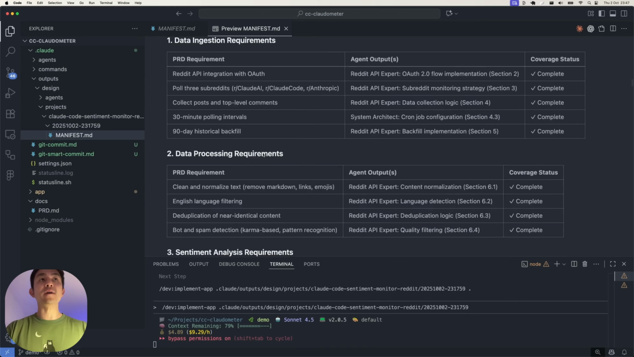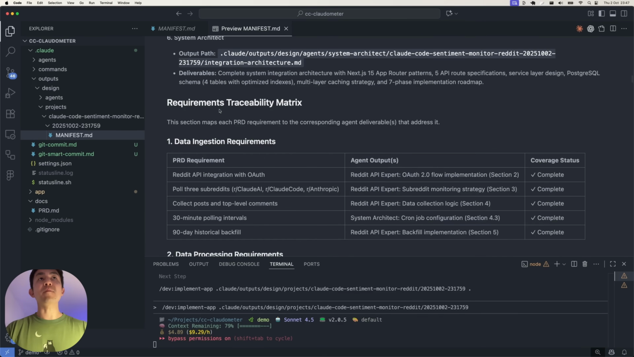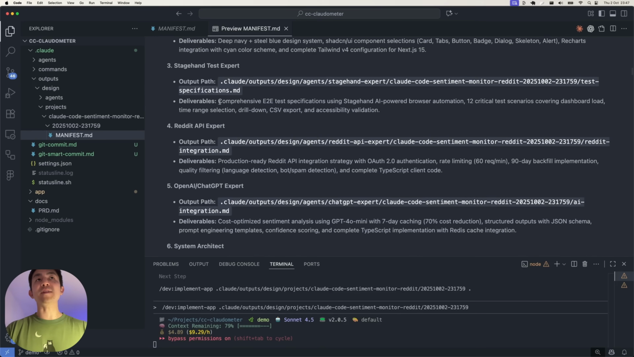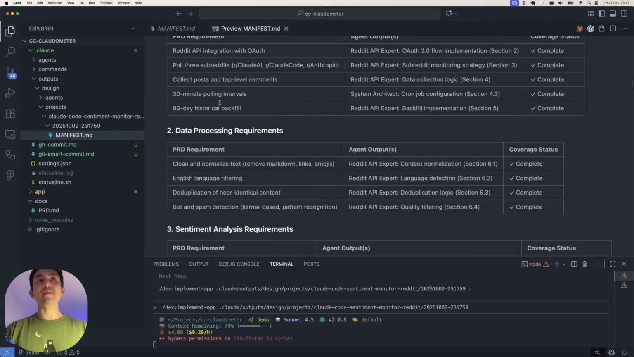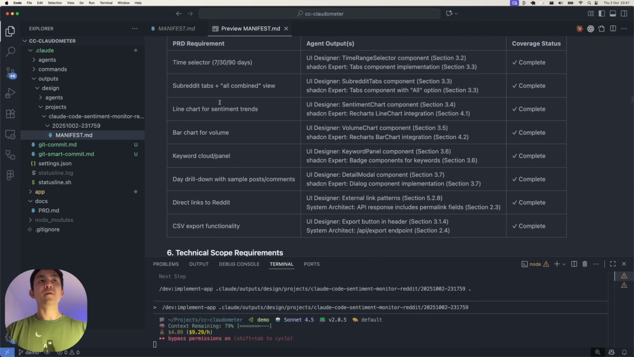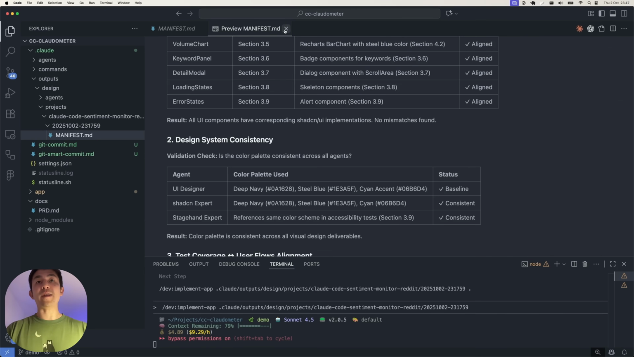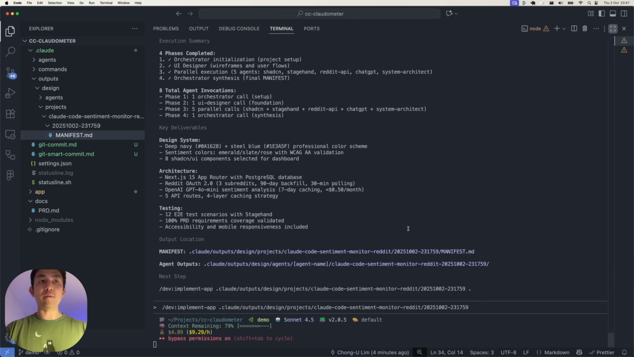So if you look over here, it ensures that everything matches the requirements. Everything that has been done should match the requirements that have been laid out in the PRD. That's the reason why the manifest is so important. And now we're just going to kick this off and let it see if it's going to be able to